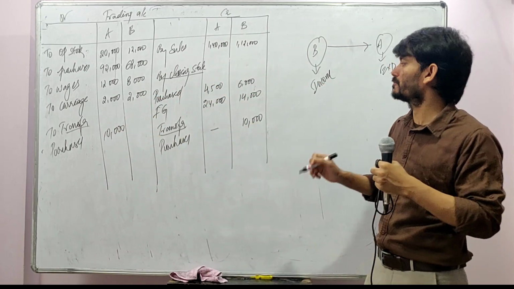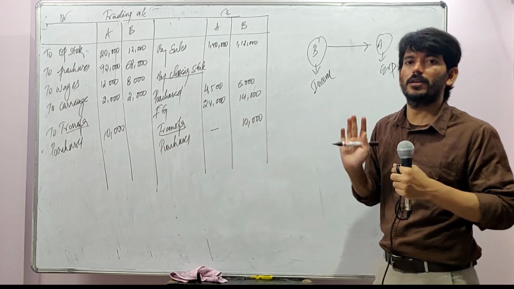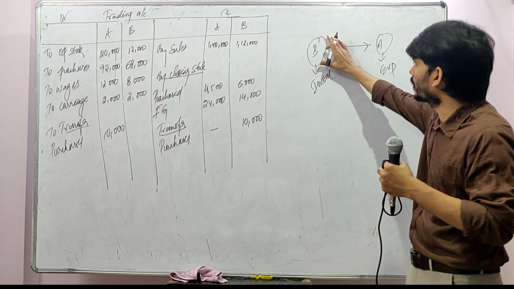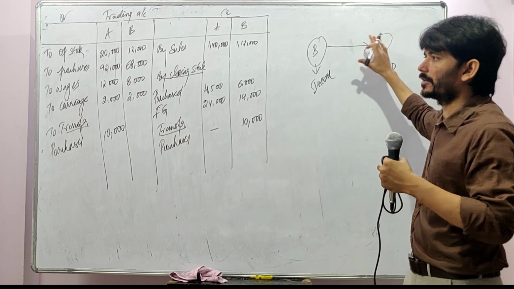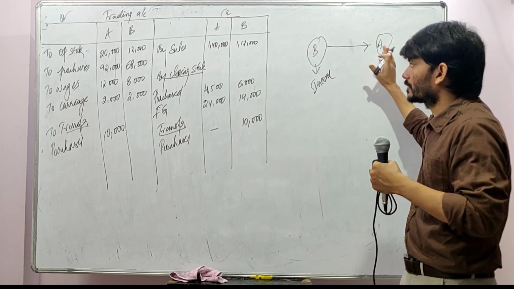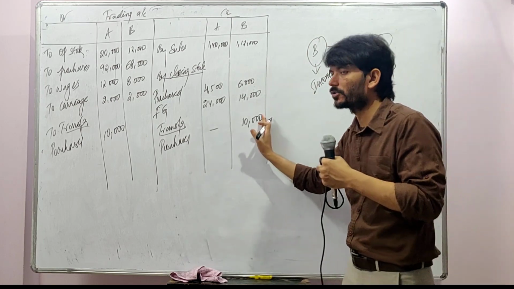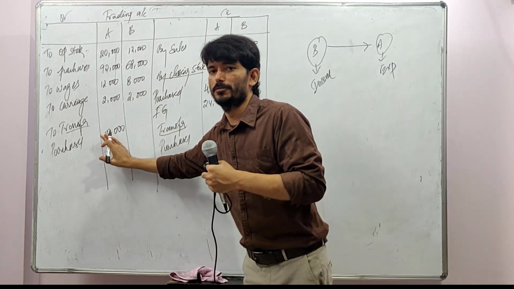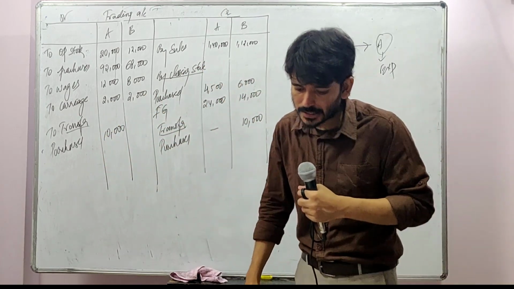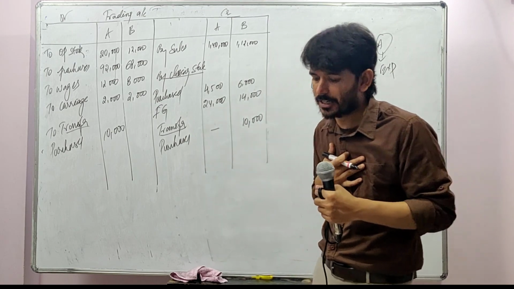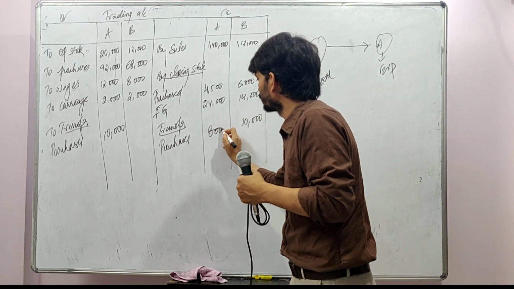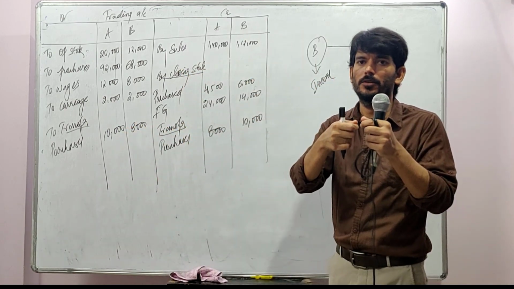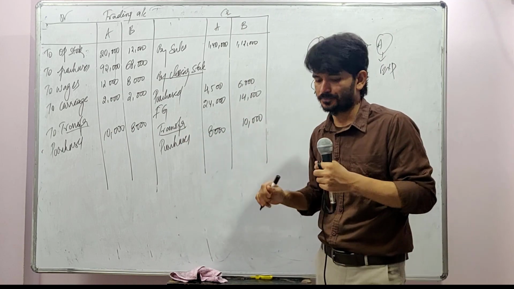Most of the times we make this mistake by writing here and there. We should not be doing that. By just going to a working note, you draw some pictorial image like this. B is giving it to A, so for B it becomes income, so it should be in B's column. For A, it's an expenditure. In A's column, it should be coming as an expenditure, right? In the same way, A is transferring it to B. When A is transferring, for him it's an income. For B, it's an expenditure. Once you pull one thread, another will be very easy.